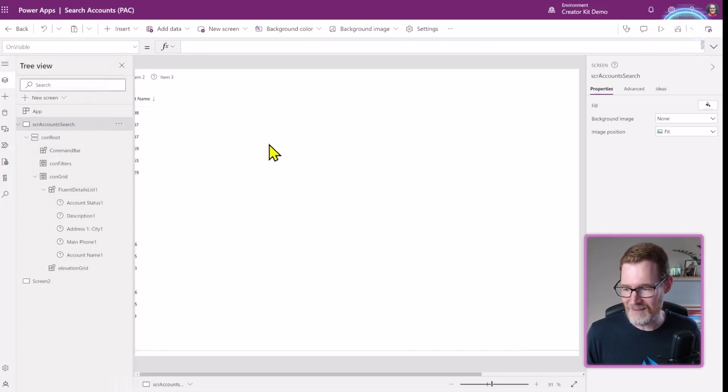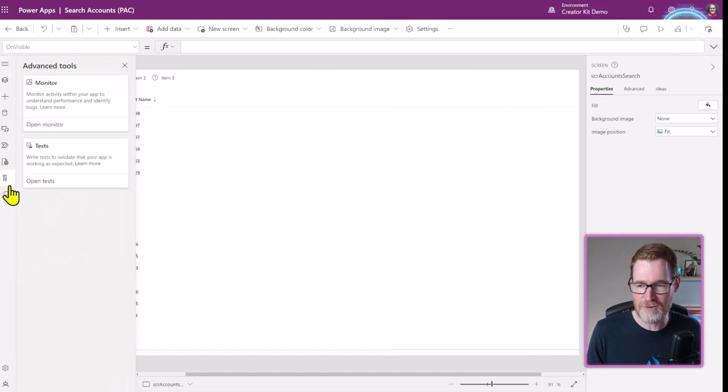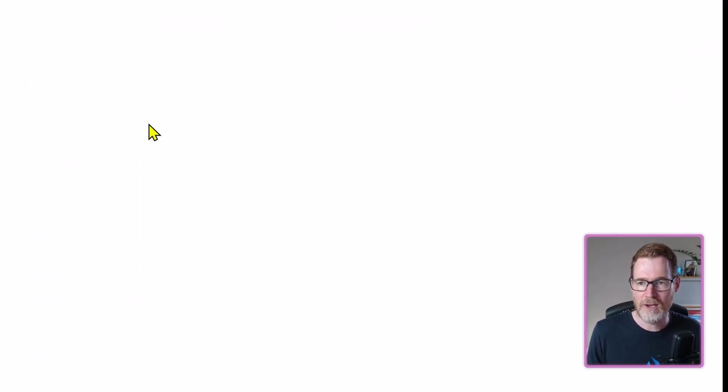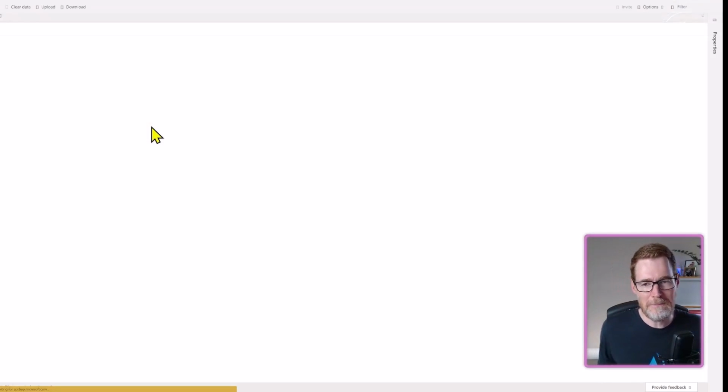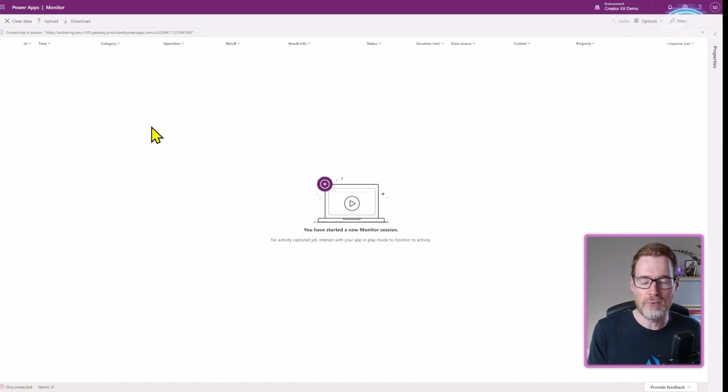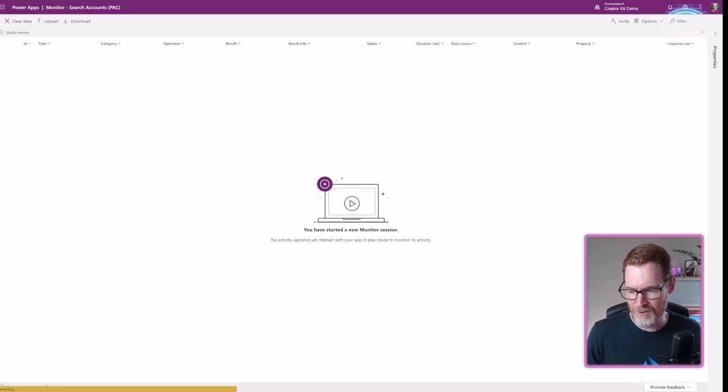And we can see this in action, because if we go into the monitor and open the monitor, what this gives us the ability to do is peek into the network calls that the Power App is performing. And this is very, very important, because whilst you're developing your application, you want to be able to make sure that any queries that you're doing don't happen on the client, they happen on the server, unless they're very, very small data sets that you're going to be filtering over. And so what do I mean by that?